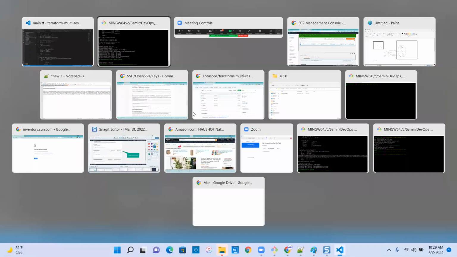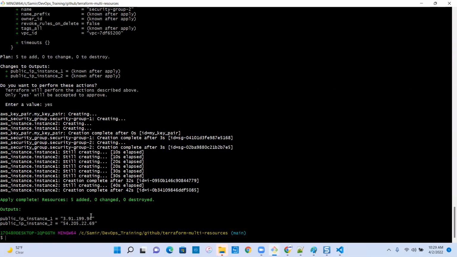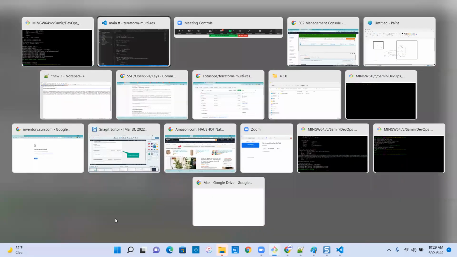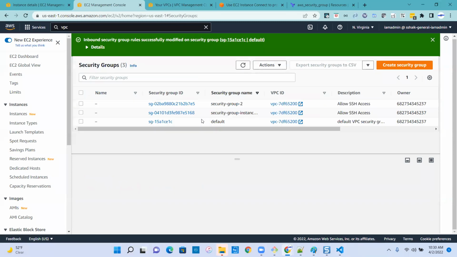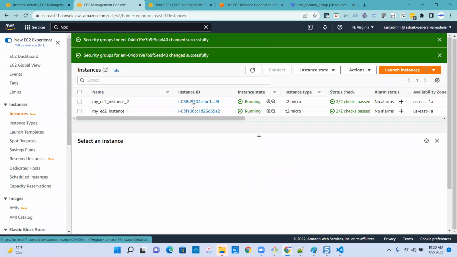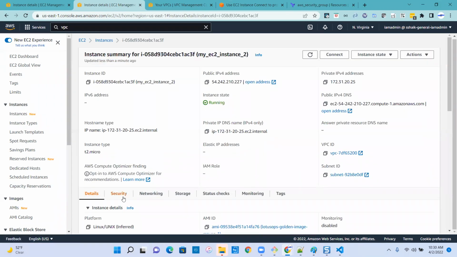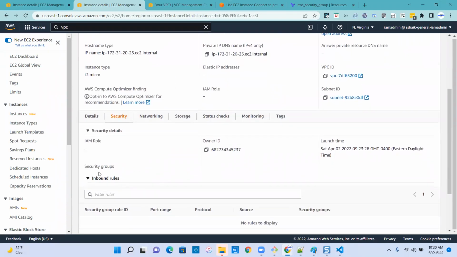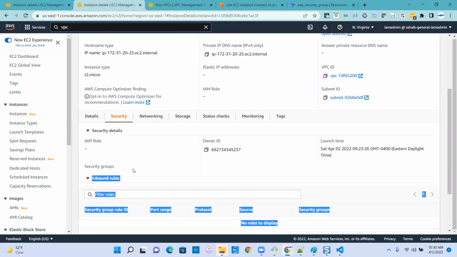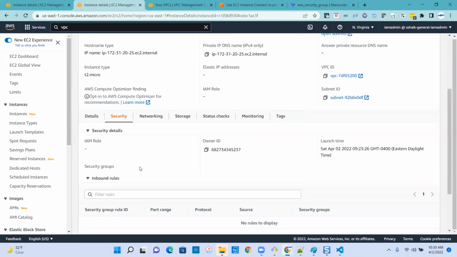Okay, let's go ahead and see if this is created. This is created. It gave me the IP addresses. Perfect. Now, if I go in my AWS resource, it should have the security group. The only thing is the security group will not be attached to my EC2 instance. If you see my EC2 instance, it will still be using the default security group. There's no security group at all. Nothing assigned, right? We don't have any security groups assigned over here. So that means